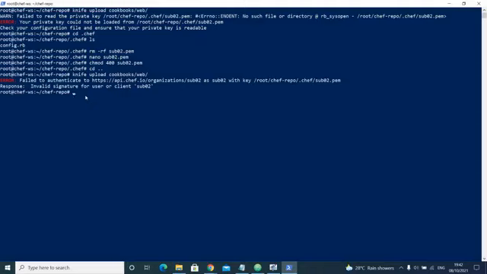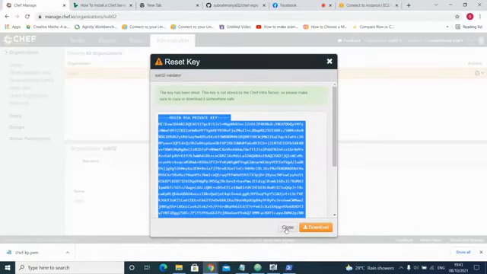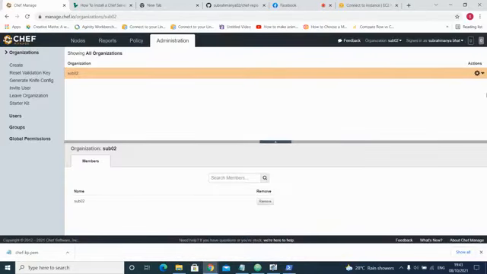Let me recreate this. Sometimes I'm copying from Windows. Let me reset once again. So this is the one problem you often face, and just reset again.